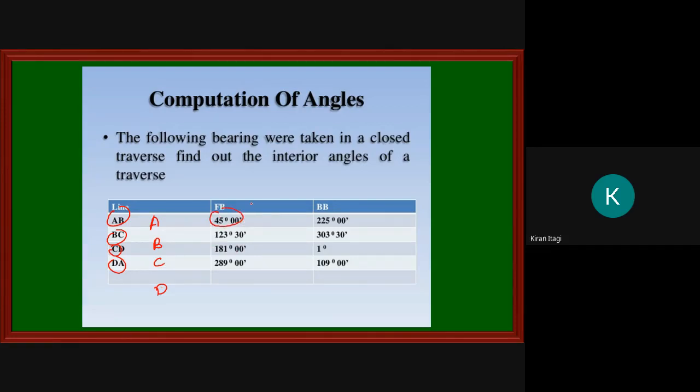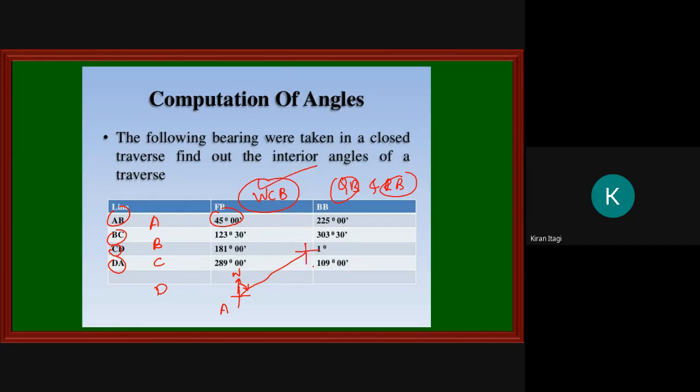And here he has given it with respect to whole circle bearing. Be very careful. He has given it in whole circle bearing, not in QB or RB system. The previous problem was in terms of QB and RB, but here he has given it in terms of whole circle bearing. So first, take the station A. What is the angle? 45 degree. 45 degree means it should be with respect to north only, always, and in the clockwise direction, in the WCB system.